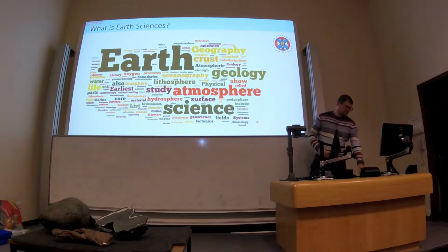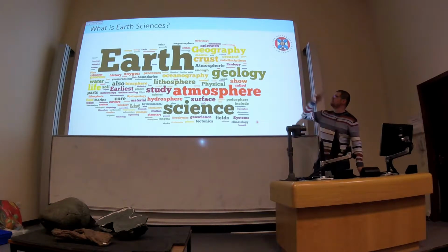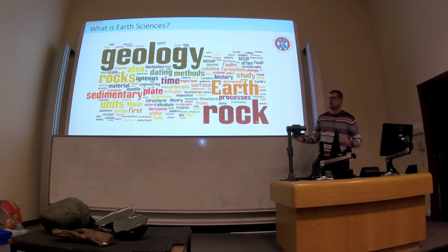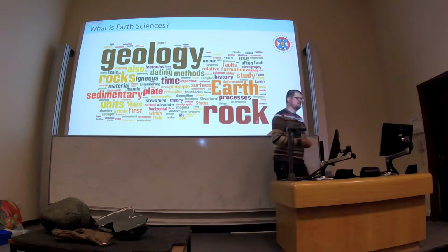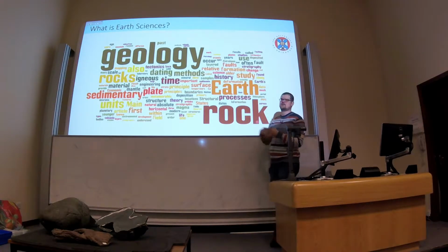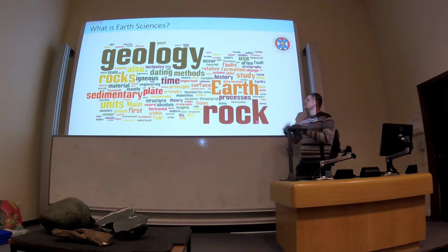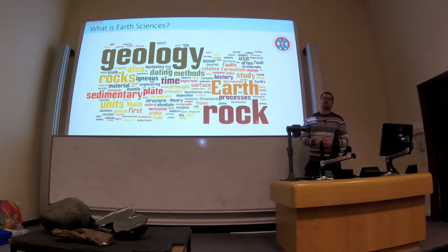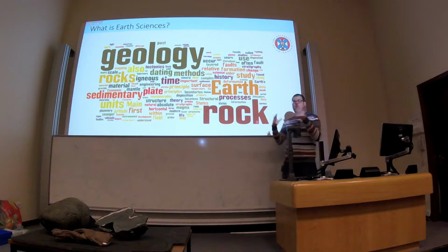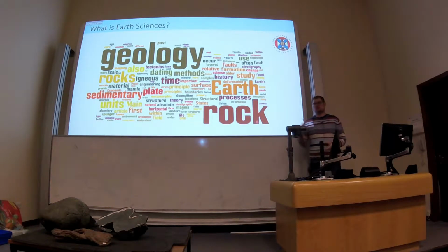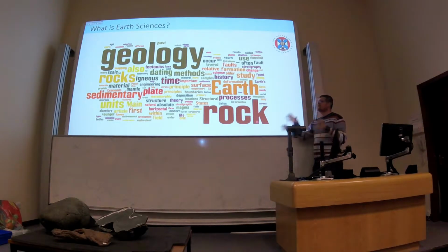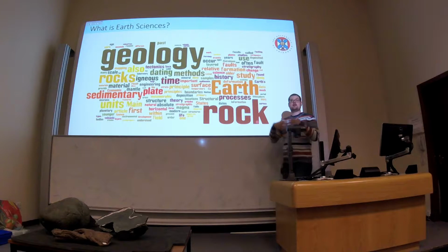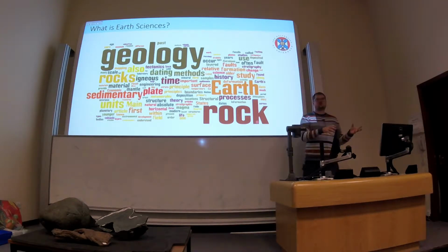Okay? So quite a lot of the time earth sciences gets conflated with the term geology, and this was basically a rebranding exercise that was done about 20 years ago when a bunch of geology departments decided to start calling themselves earth sciences departments because they started to use the biology. Okay, but quite a lot of the stuff that earth sciences encompasses is what we would traditionally think of as geology. And we'll be looking at some of this in the fields tomorrow. We've got some samples of this now. So we're really looking at the solid earth, its history, the processes that have shaped its history, and the processes that determine what's going on at the earth's surface.